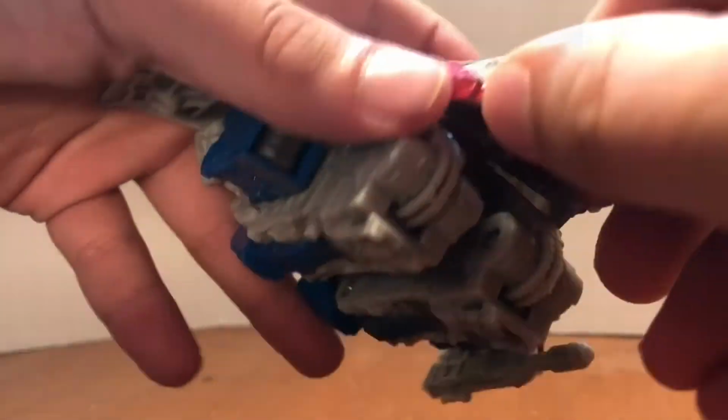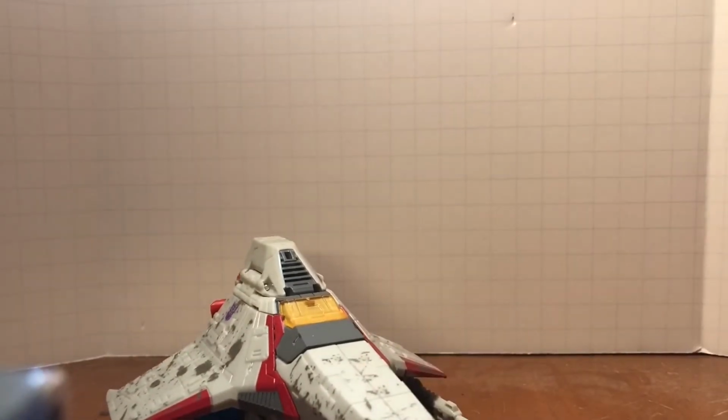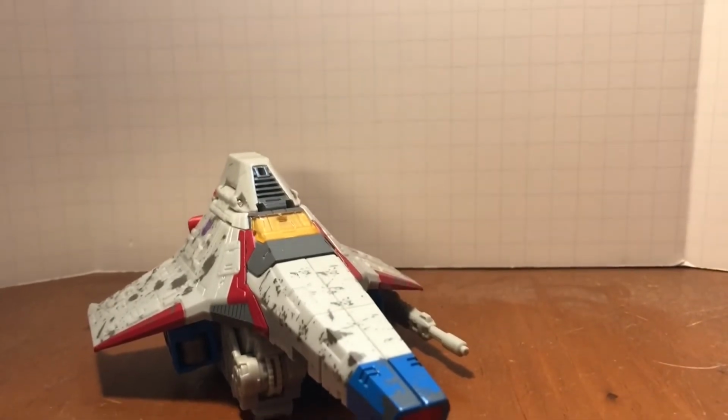Problem I have is that this likes to pop out. It's not very fun, but it's just an easy fix. There we go. Just gotta kind of put it all together. Let's just adjust the camera here and pull this out, and there we go. We're back. Actually, that might be a better angle. No. Anyways,